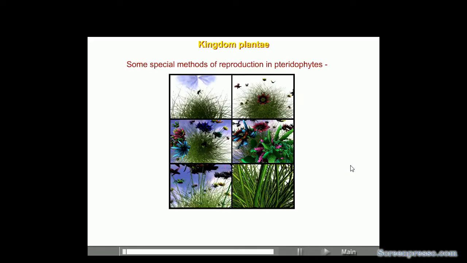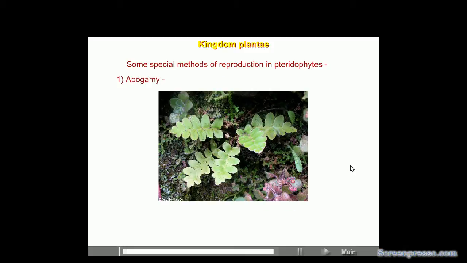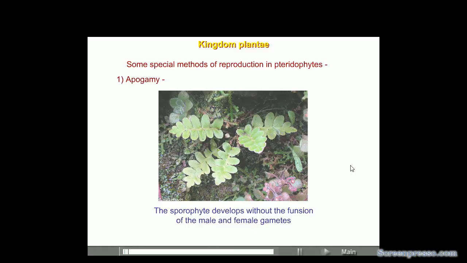Some special methods of reproduction in pteridophytes. Apogamy. The sporophyte develops without the fusion of the male and female gametes. It arises